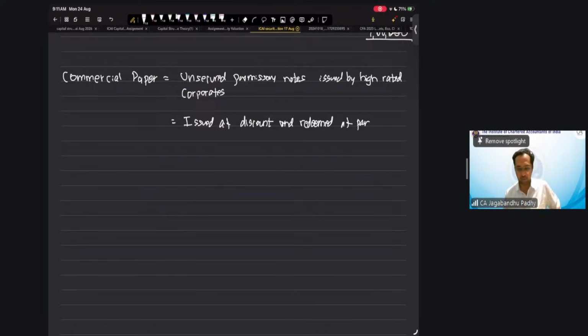So basically, the redemption is going to be at 100 rupees, but the issue is going to be at a price below 100. Okay, so here the yield is calculated as